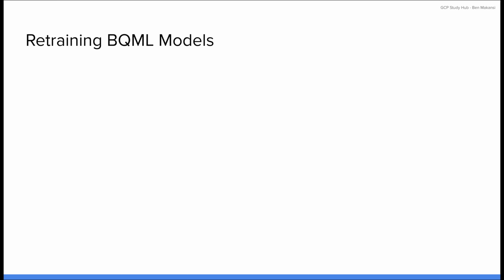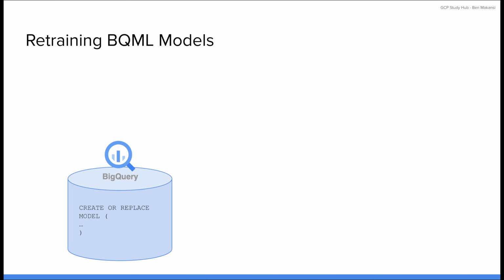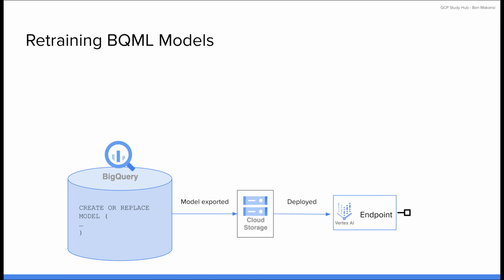Let's say that we have developed a model in BigQuery and then we deployed it to production by exporting it to Cloud Storage and then setting up a Vertex AI endpoint with the model that we just created. In order to automatically trigger retraining, on that endpoint we would set up Vertex AI model monitoring as usual, detecting when performance starts to degrade through drift or skew. And then when the monitoring system detects that model performance has declined beyond acceptable thresholds, we would have it trigger